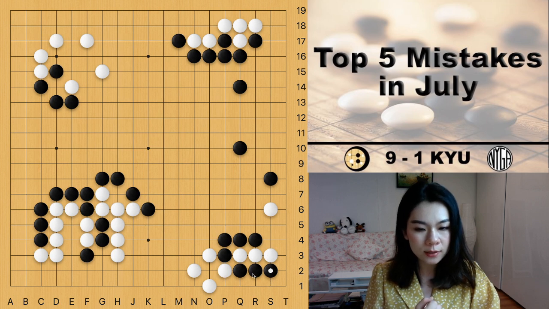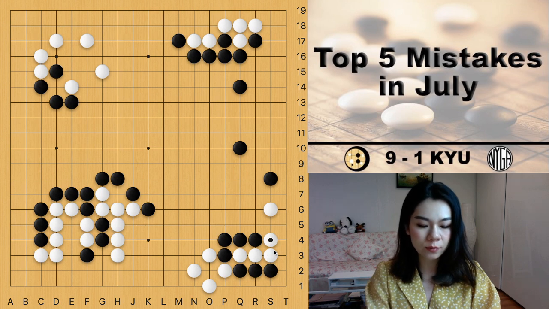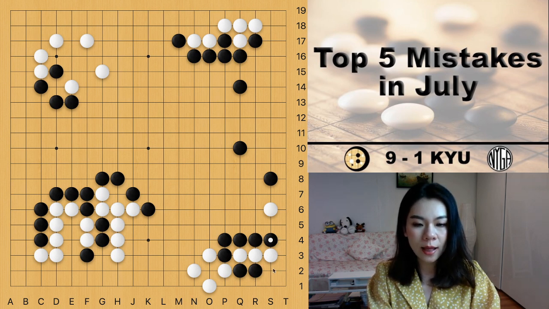If black extends here, then I can connect my 3 stones. Now white is winning the capture race. If black blocks from the outside, then white can turn into the corner. The 2 black stones are dead. So after white peeps here, black needs to play another move to fix the weakness, and then I will use